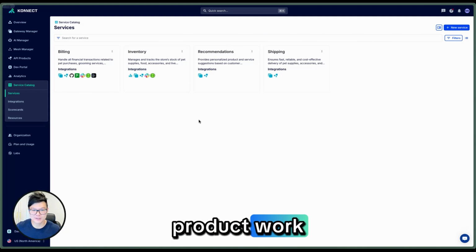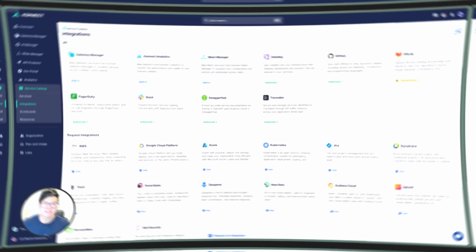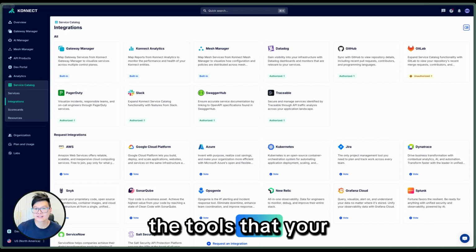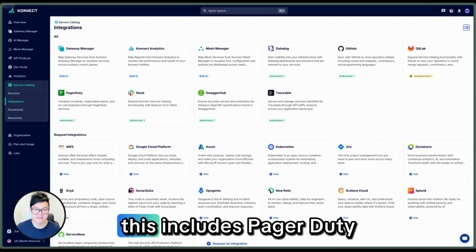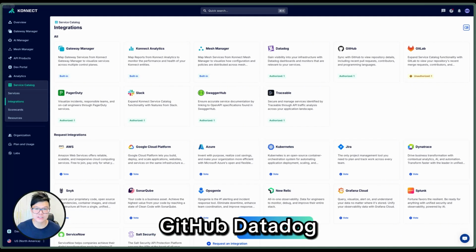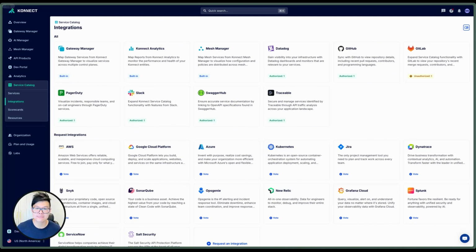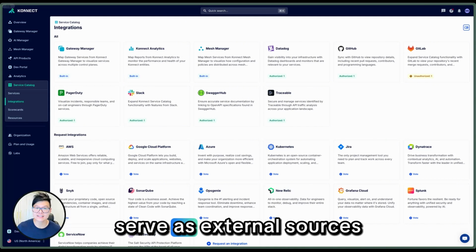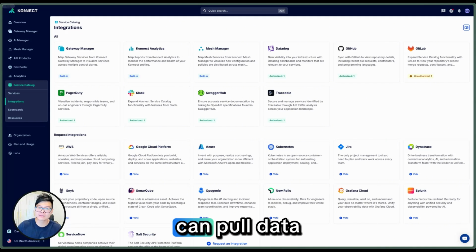So how does the product work? First, we'll talk about integrations. Service Catalog connects with the tools that your team already uses. This includes PagerDuty, GitHub, Datadog, Jira, Slack, Dynatrace, and so on. These integrations serve as external sources from which Service Catalog can pull data so that you as the user can